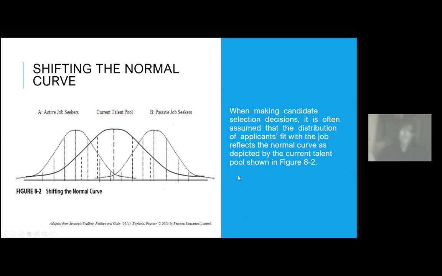Yes, and this now is the shifting of the normal curve. The normal curve that the HR personnel would like to have to select their talents from is the current talent pool in the center. But sometimes our curve may, for some reasons, be to the extreme right, which is good, perfect, if there was such a condition, or to the extreme left, which is not so good a condition. So if your curve is to the extreme left, it means that